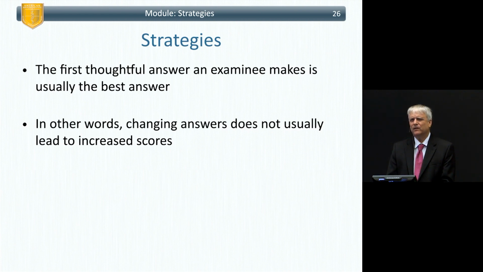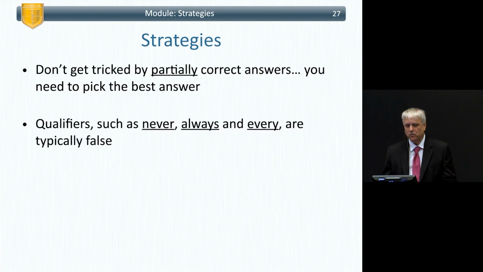And it's probably like a 3-to-1 ratio of changing right answers to wrong as opposed to changing wrong answers to right. So if you think, yeah, that's it, unless you get some really good piece of data like, oh, this is because of that, and I'm sure of it, rather than, well, no, maybe it's this, maybe it's that, it's 3-to-1. In other words, changing answers usually doesn't increase your score.